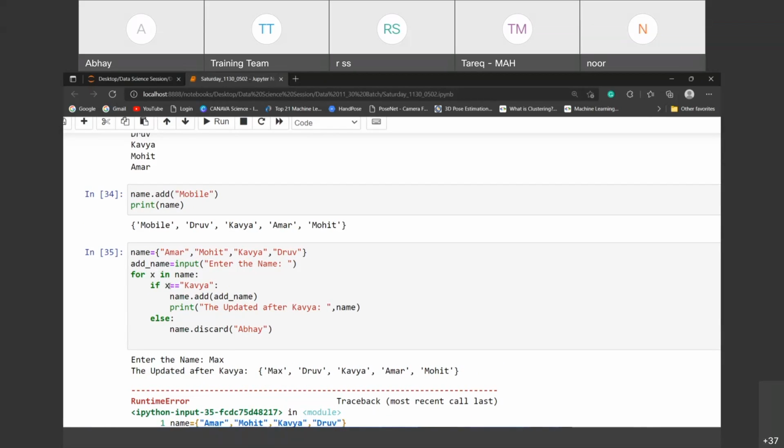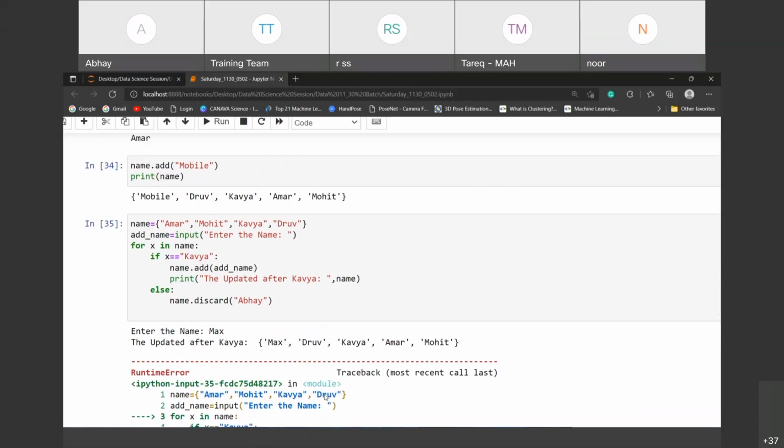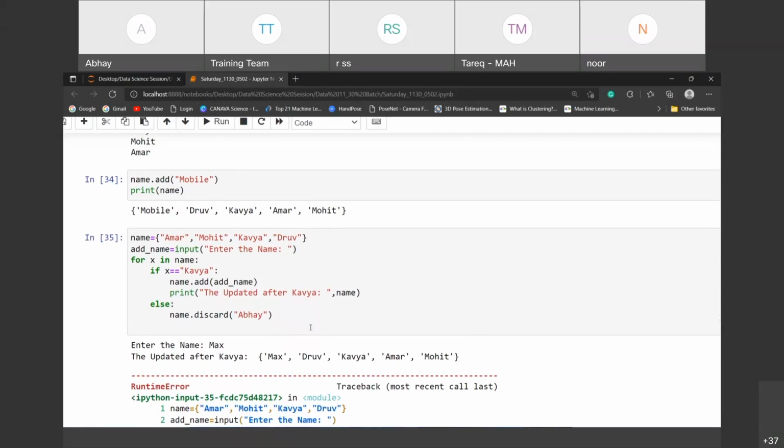Amar is equal to Kavya. If Amar is equal to Kavya, then it will throw multiple times. The set is not behaving in order. Next time in the loop it will pass Mohit, Kavya, Dhruv, so definitely your iteration will not work. That is why the set changed size during the iteration. Are you getting my point?